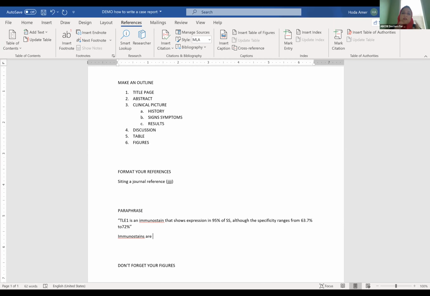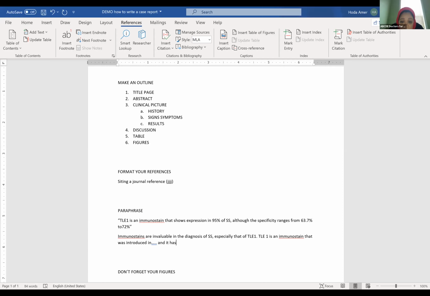I'm just trying to say that we can summarize it in a way. You can start it off by saying something general, that immunostains are invaluable in the diagnosis of synovial sarcoma, especially that of TLE1. And then you can say something else, like for example, TLE1 is an immunostain that was introduced in, whatever, and it works,